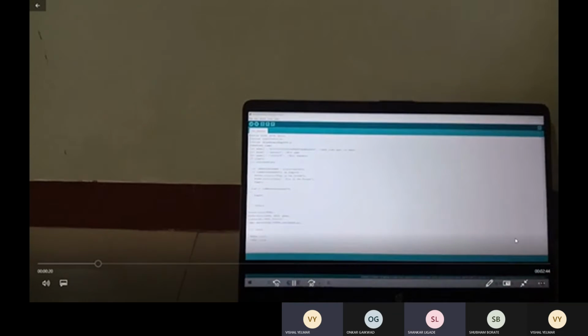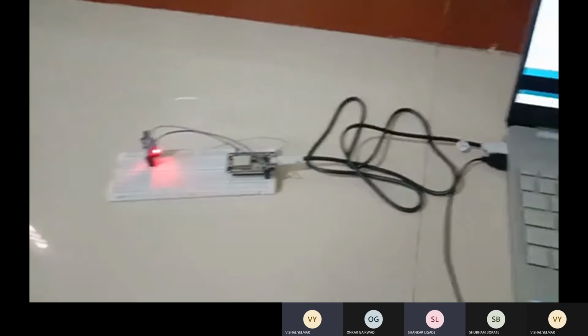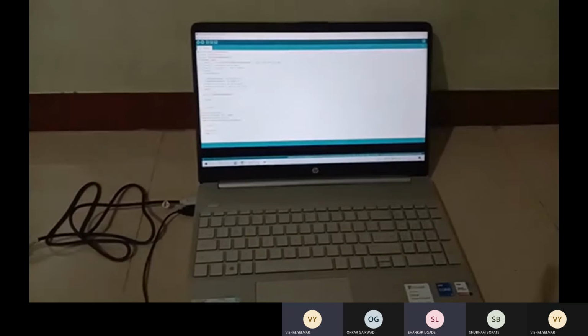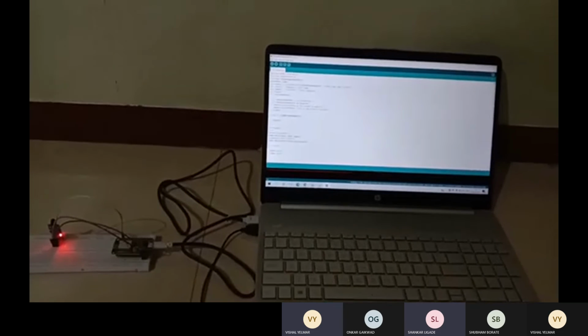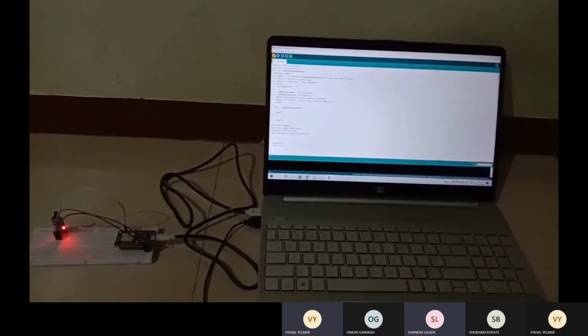We connect our system to the laptop using the USB cable. As this is our code, we can verify it by clicking on the verify button at the top.